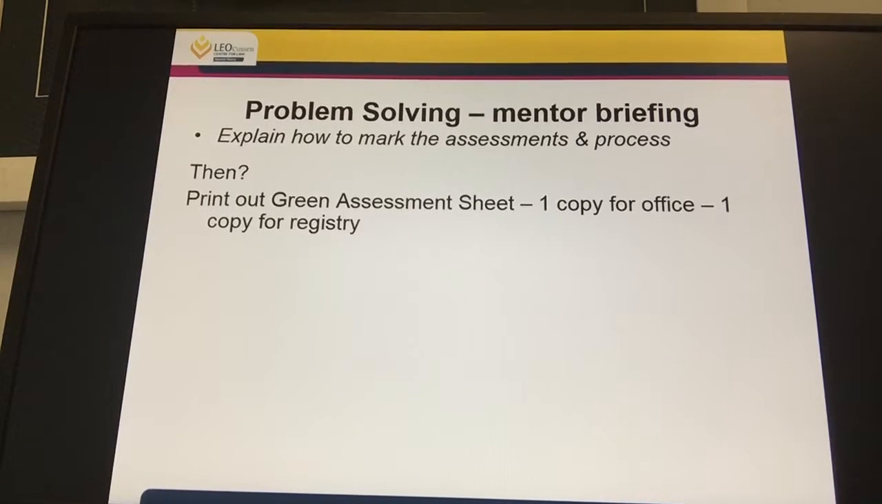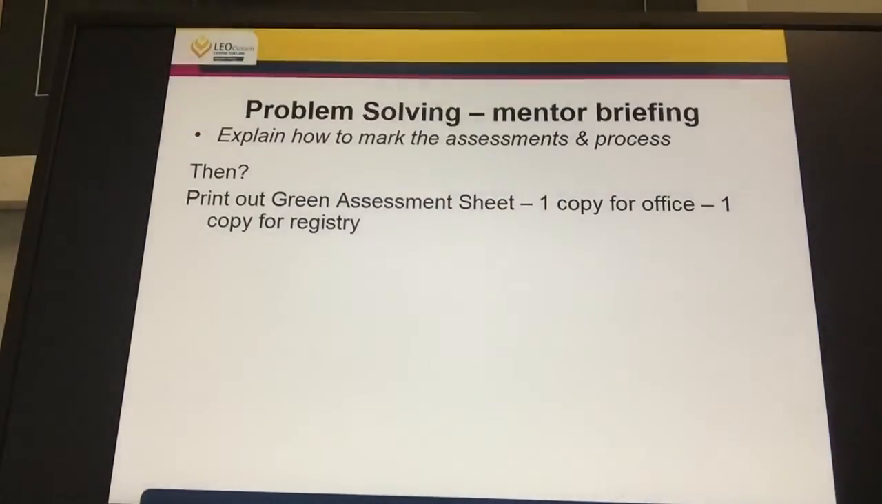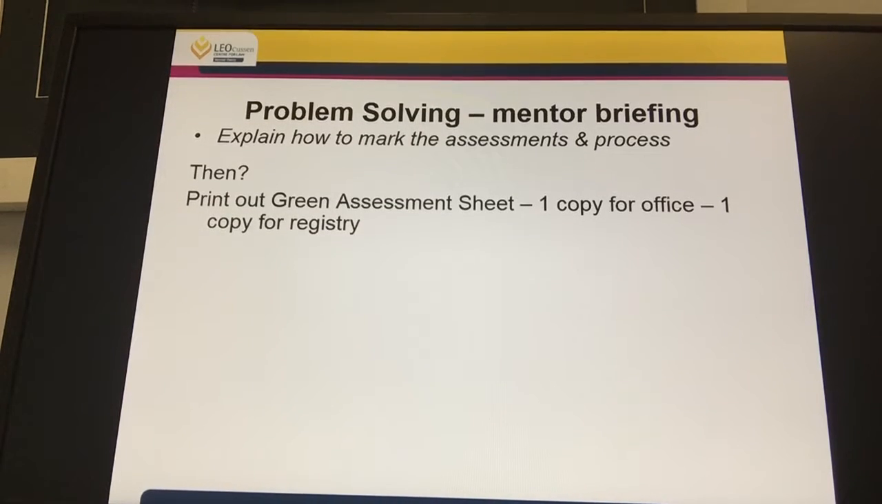Then what? Print out the green assessment sheet, one copy for the office, one copy for registry, and you can maybe let the trainee know that they're all signed off. But that's it. I know it's a bit of a quick run through, but you've got the due date coming up in a few weeks' time, and I imagine some of your trainees may have already sent some of the letters through to you, so hopefully this gives you a bit of a heads up as to what to do. Please have a flick through the hard copy pack that I've provided, and some of these online resources that are attached to the email that this link is to,